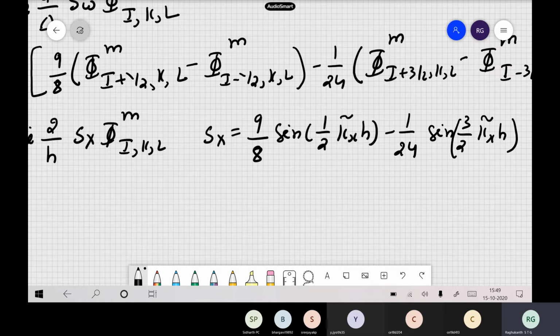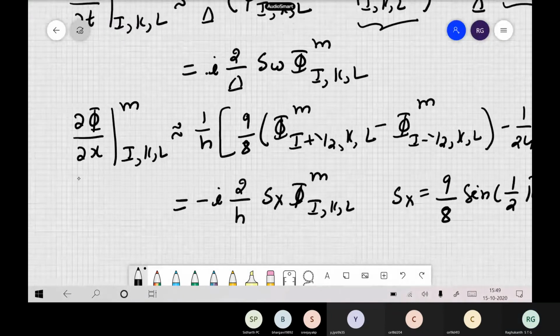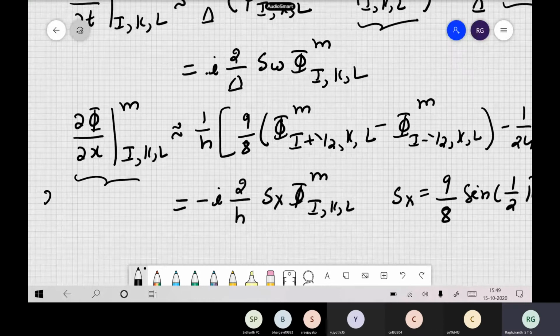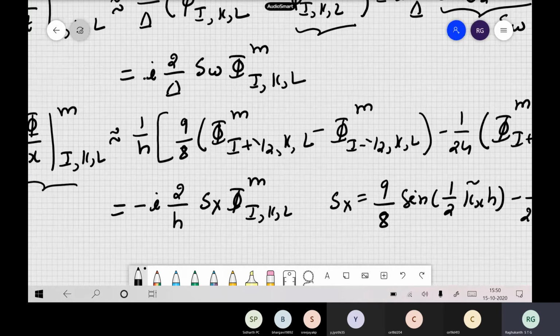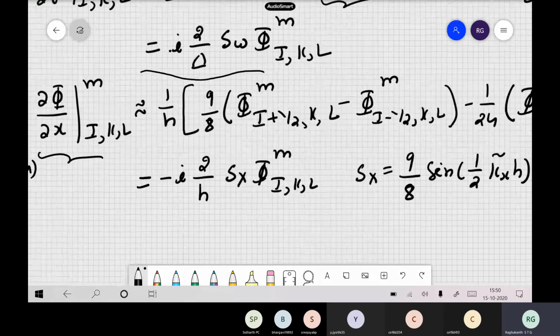Suppose if I used the second formulation, the 2,2 formulation, what will this derivative be? See, here I have used 4 terms, so this is a 2,4 scheme. Suppose it was a 2,2, so in time and space also it is second order, what will this derivative be? Here I have used 4 terms to compute this first order derivative. If I have used the second order derivative, how will this derivative look?